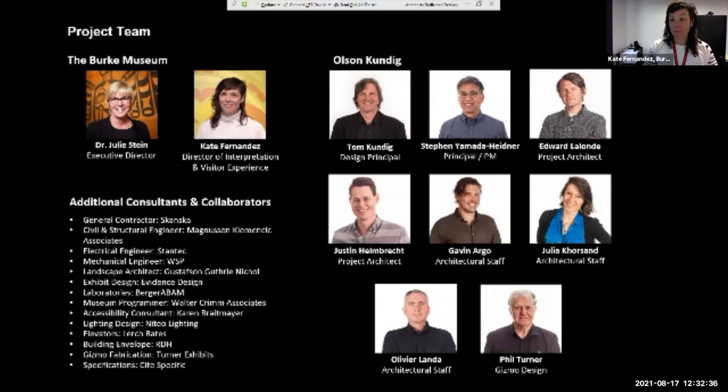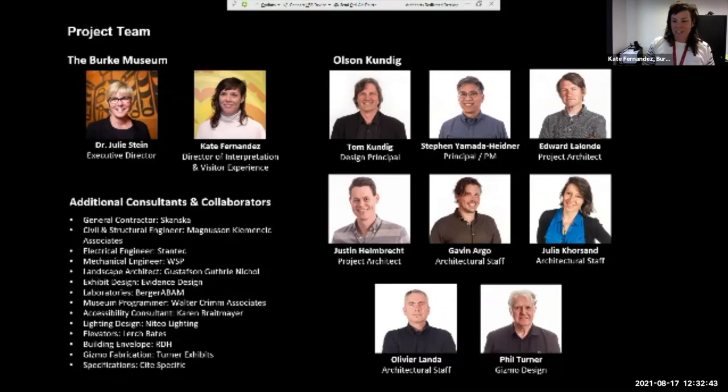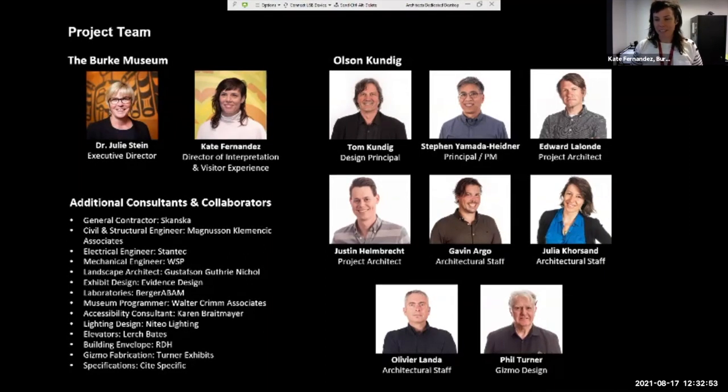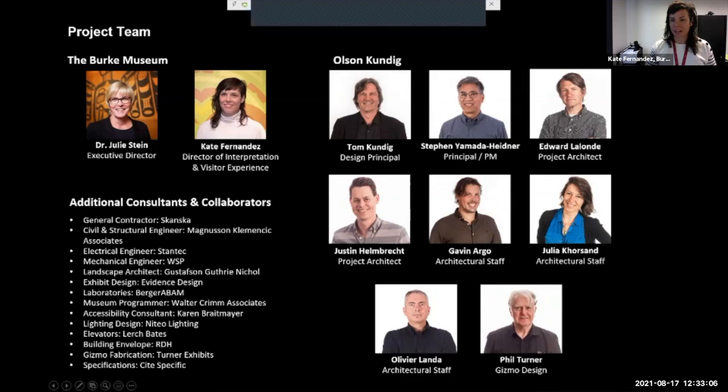There were many people, the entire staff of the Burke Museum, led by our executive director, Julie Stein, and the architecture firm whom we worked very closely with throughout this process to really bring this vision to life. Again, led by Tom Kundig, design principal, and the many architects whom you see here. We also had an incredible team of collaborators and partners and consultants on this project who really helped us guide us through this grand vision that we had, and helped us to